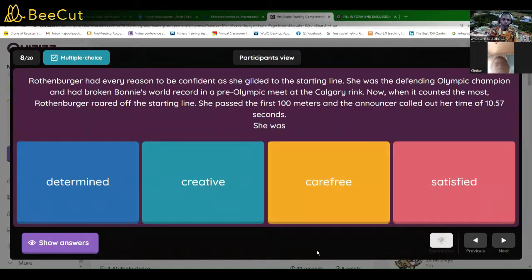Now, when it counted the most, Rothenberger roared off the starting line. She passed the first 100 meters, and the announcer called out her time of 10.57 seconds. She was